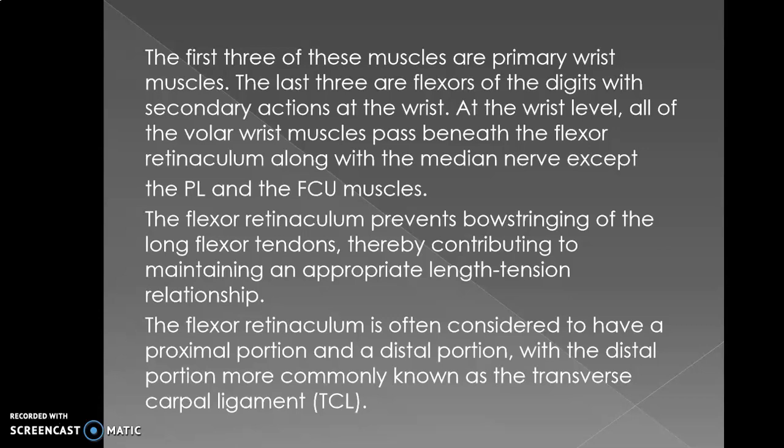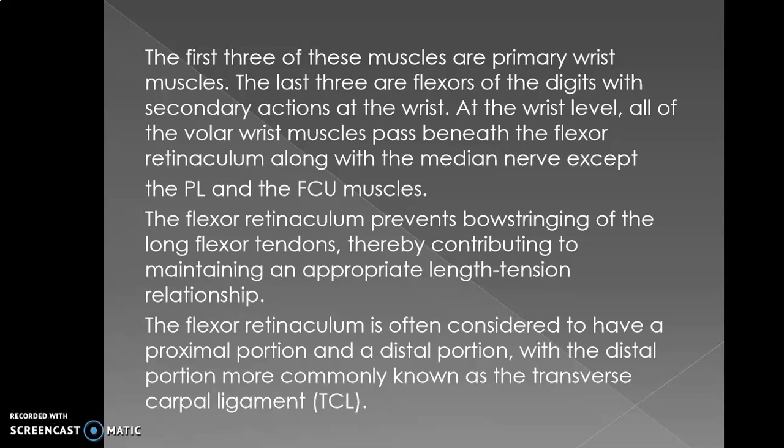At the wrist level, all the volar wrist muscles pass beneath the flexor retinaculum along with the median nerve, except the palmaris longus and flexor carpi ulnaris muscles. Why is there a flexor retinaculum? You have to understand that many tendons are going into a particular area. If all of them are working together, what will happen? The tendon will try to come up and pressurize the skin. So whenever there is movement and flexion, the tendon may come out of the wrist canal and then project onto